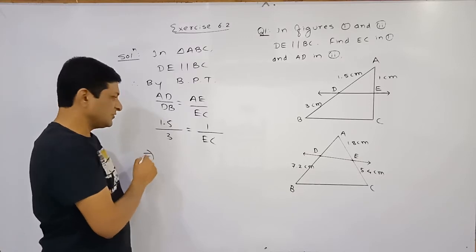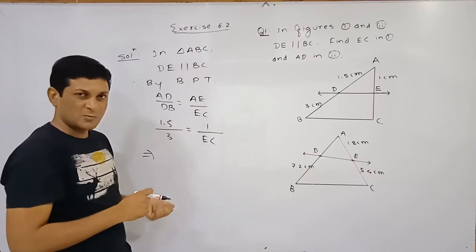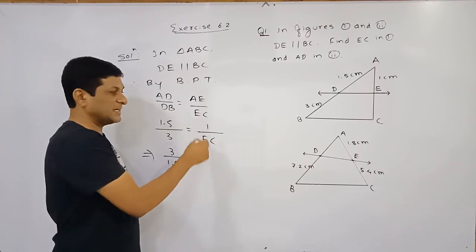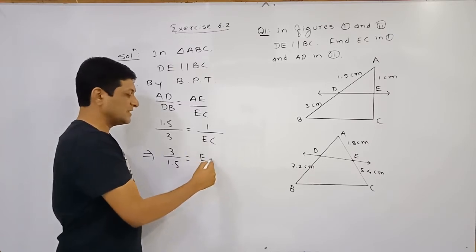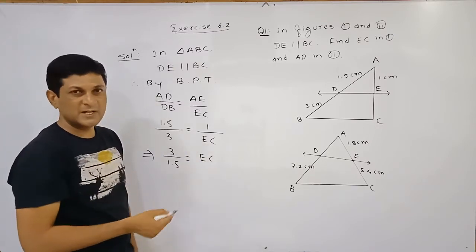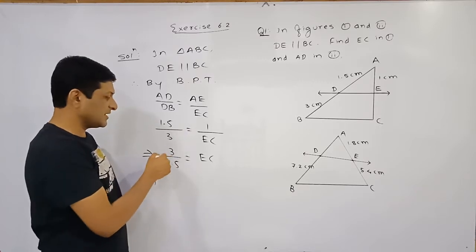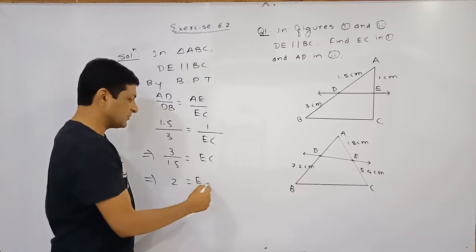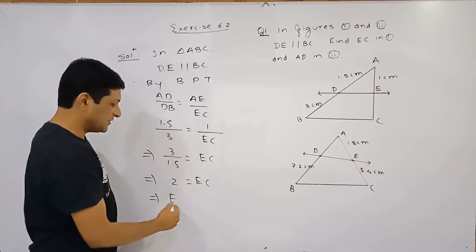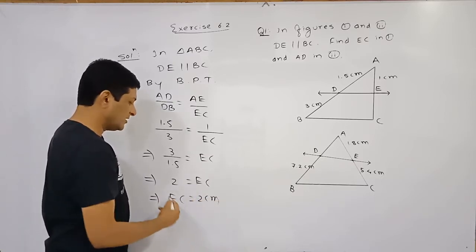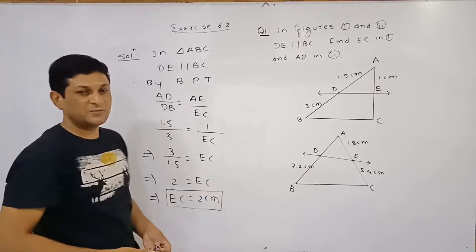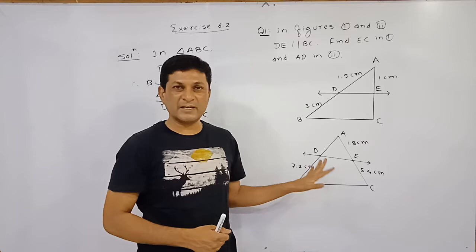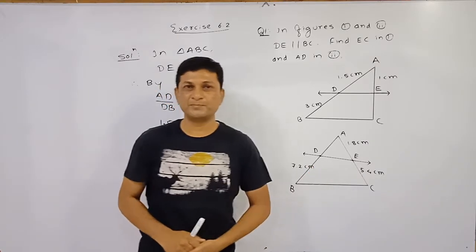So this implies that since we have to find out EC, so better we take the reciprocal on both sides. So what is the reciprocal of this side? 3 upon 1.5, and on this side 1 upon EC, its reciprocal is EC upon 1, but not necessary to write 1 in the denominator. This implies that if we are taking division, 3 divided by 1.5 will be equals to 2. So here what result we have got? EC is equal to 2. So in this way we have got our required value. EC is equal to what? 2 centimeter. So in this way we have solved first example. To solve the second example you have to use same method. So this second example I will leave as a practice for you.